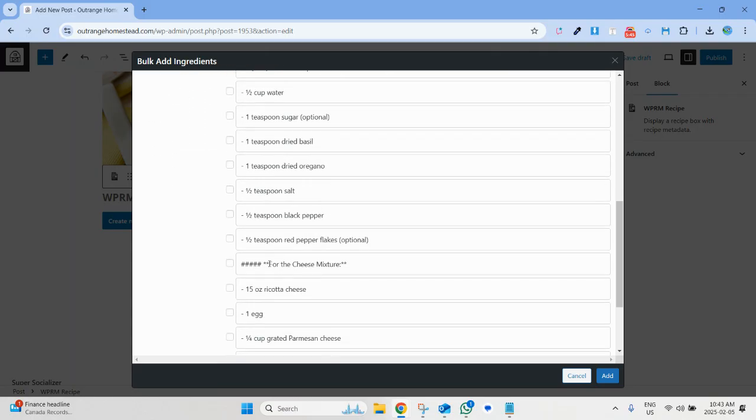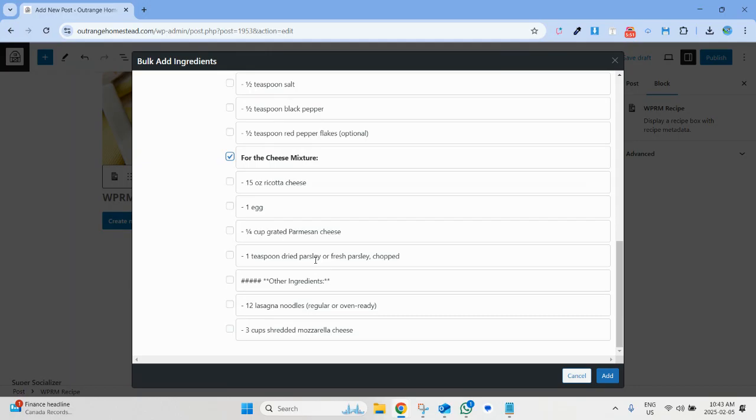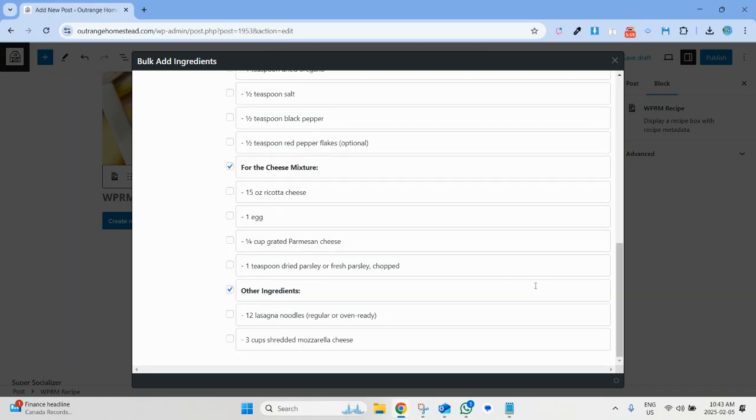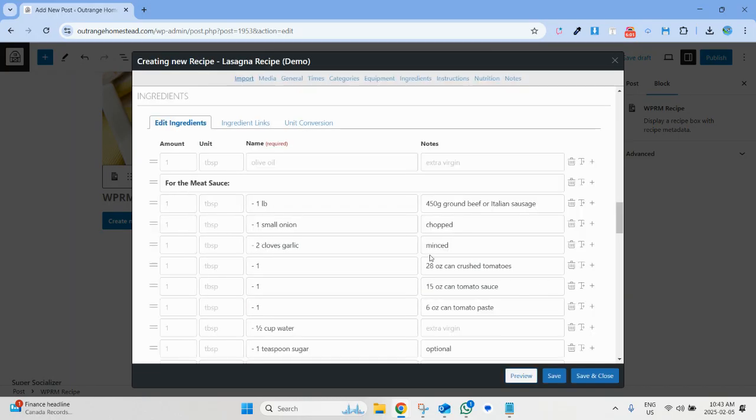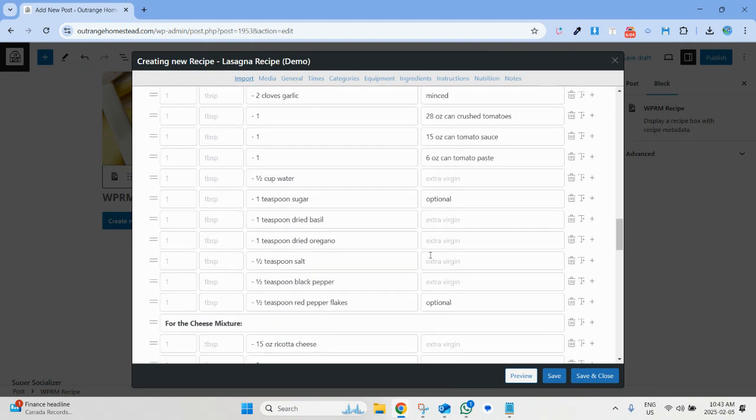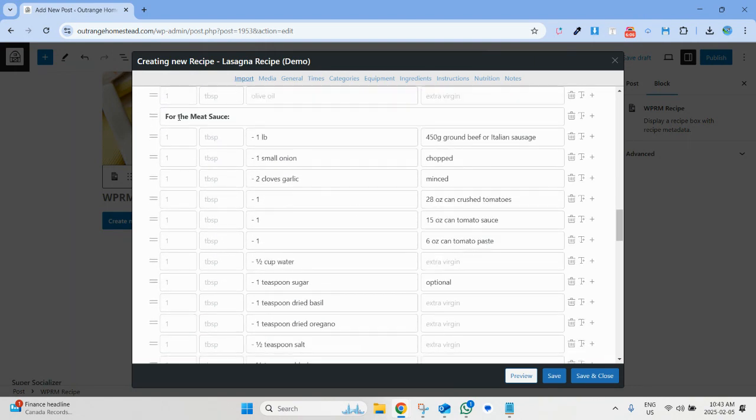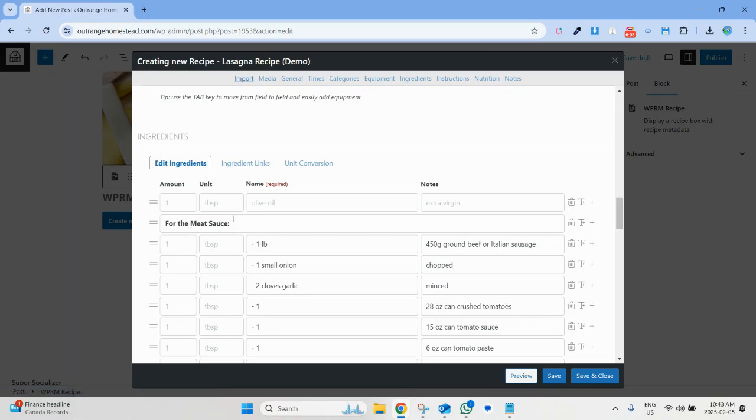Then I can come down here, do that for the cheese mixture, and then I can do that for the other ingredients. And then I am just going to click on add. So you can see everything automatically added here, and you can see the titles are up here. So for meat sauce,